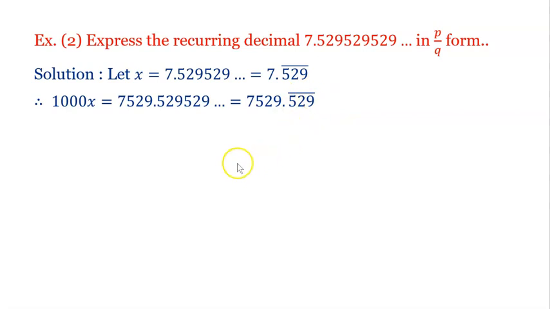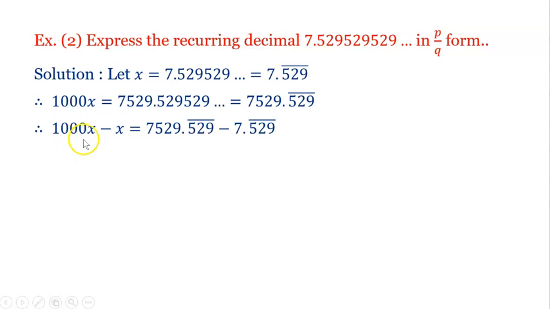Okay, now subtract this x from 1000x, then you will get 1000x minus x. Similarly on the right hand side, 7529.529 bar minus